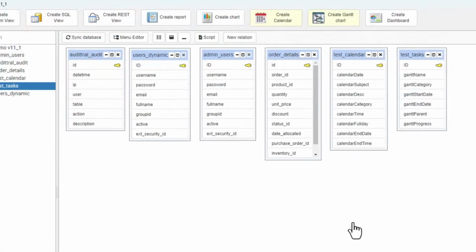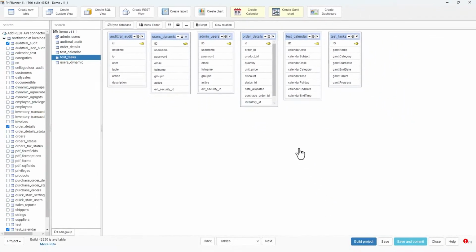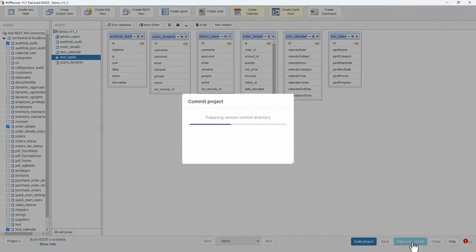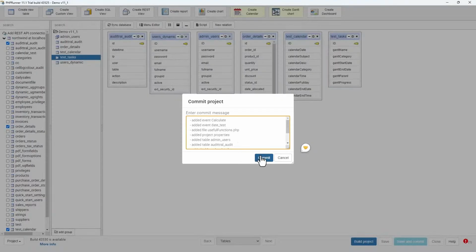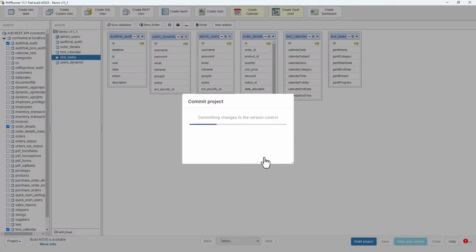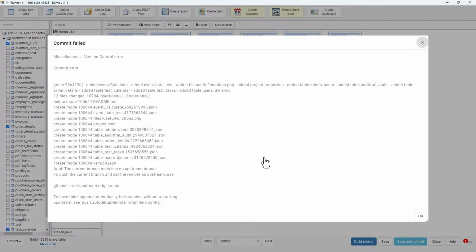Very interesting. Click OK, and now I have a new button at the bottom of the screen. A brand new button. It says you can save the project and then save and commit. So it was probably not necessary to save because it says save and commit, and it's preparing, and it gives me now this authorization repository. This will also send out an email to myself saying authorization was given. But anyway, after the authorization, you see a list of files that we're going to commit,